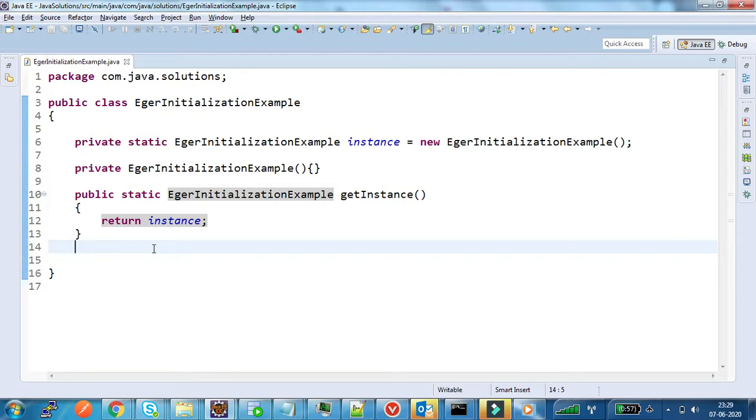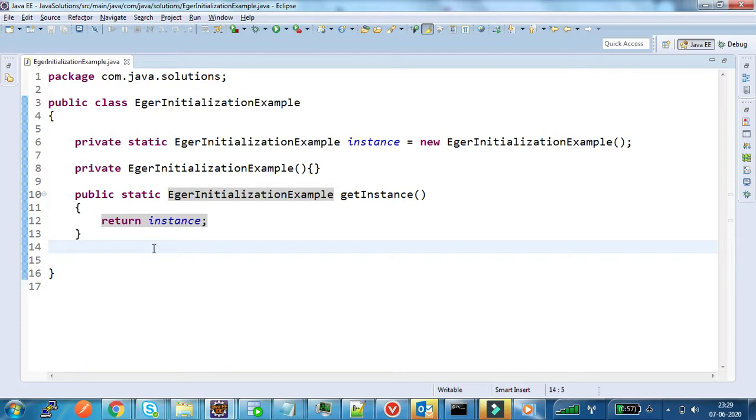In those scenarios, we should avoid the instantiation until the client calls the getInstance method. And also in this approach we don't have an option for exception handling while creating the instance. So those are the drawbacks of this approach.